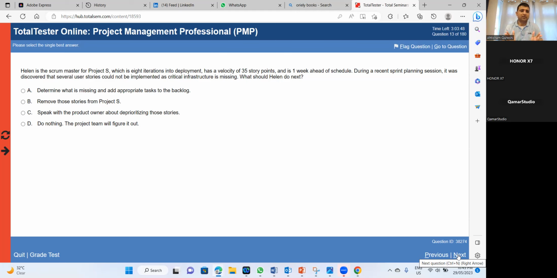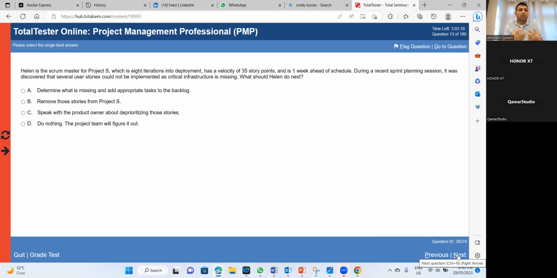So again, we can speak with the product owner to deprioritize, put them in the depth of the backlog and bring something more important on top of the product backlog. So yeah, we should speak with the product owner about deprioritizing these stories because there is a dependency, right? Rather than adding,